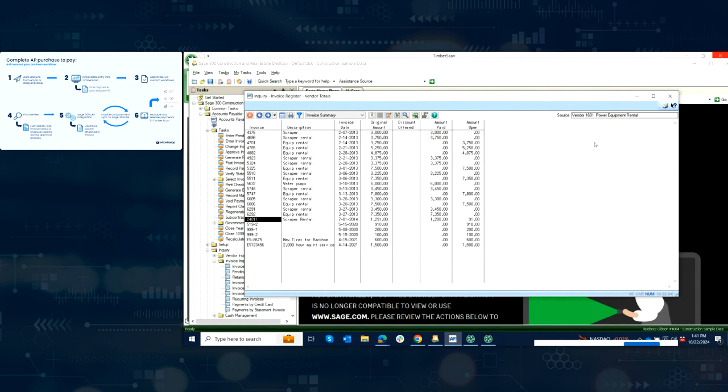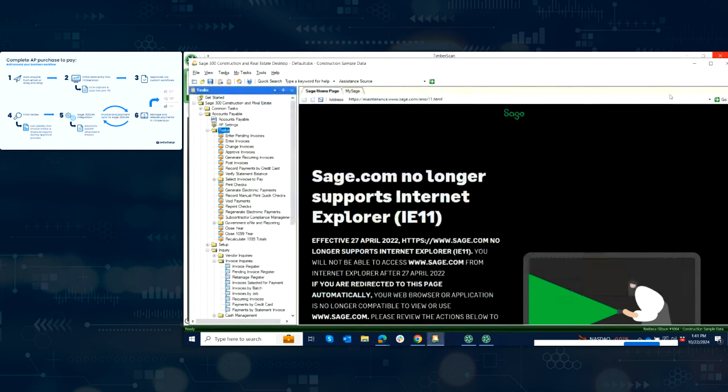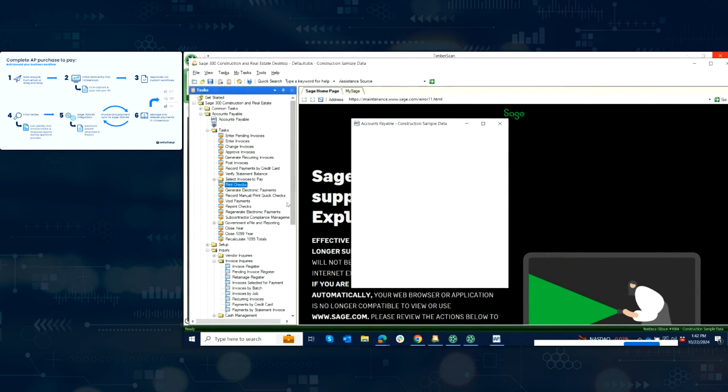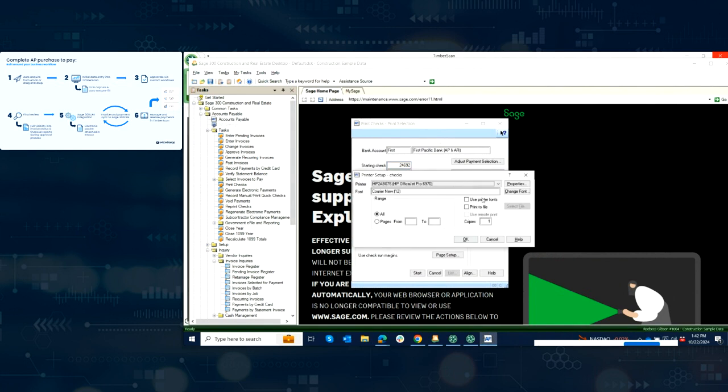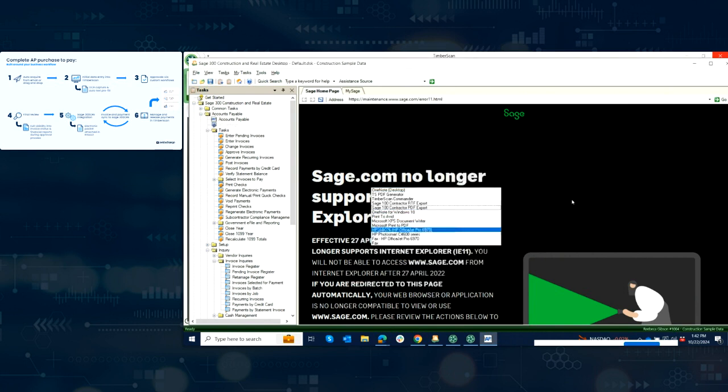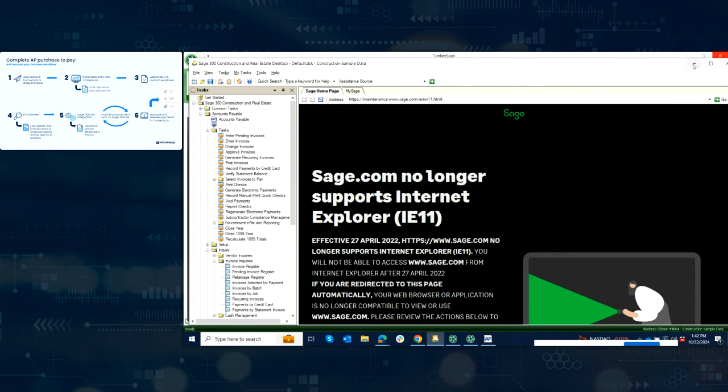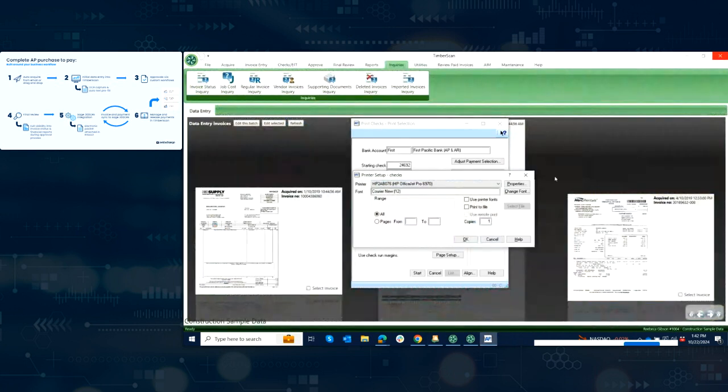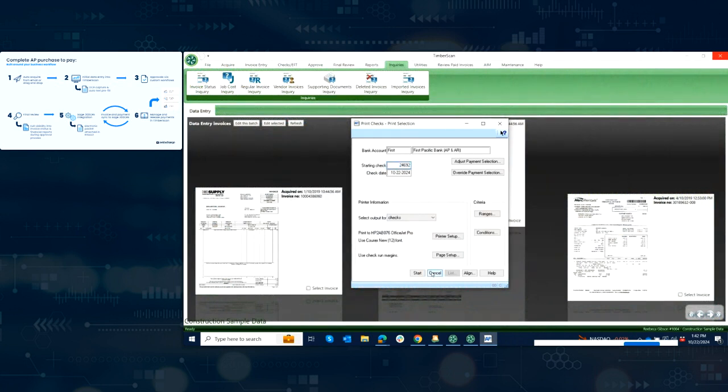Now, when it comes to the payment side, once the invoices are here, you're still going to select the ones that you want to pay. And then when you come in to print checks, the only difference here is that instead of selecting a printer and printing out a batch of physical checks, you would have this print to Avid option. So when you select the print to Avid option, you do have to enter login credentials just from a security standpoint. And what that does is it will send the